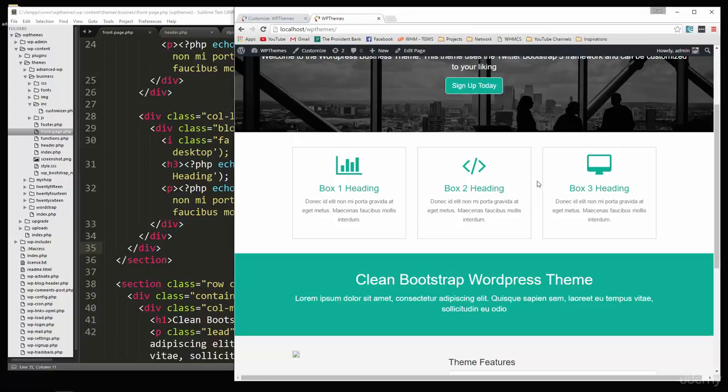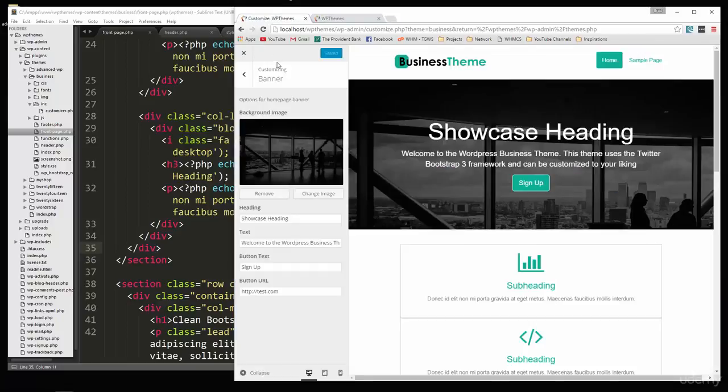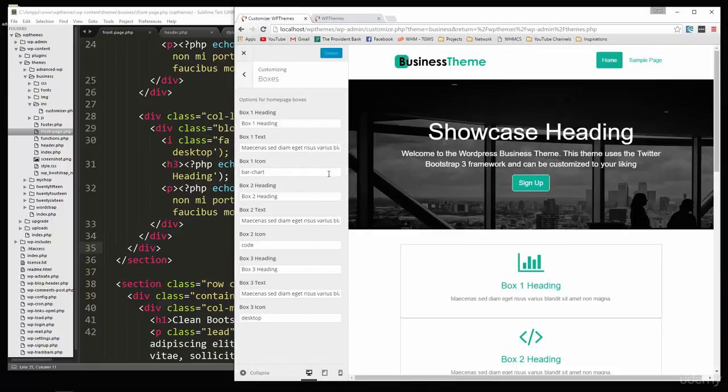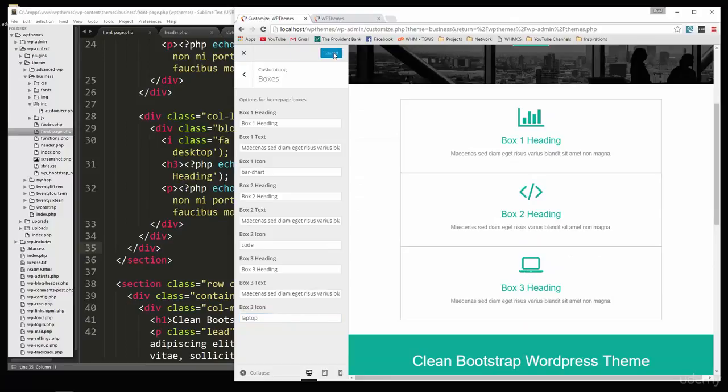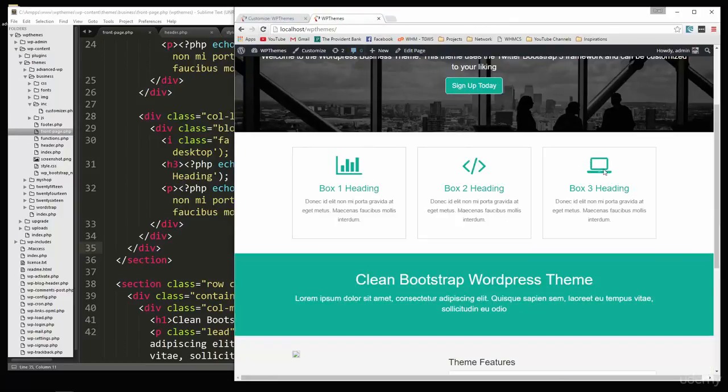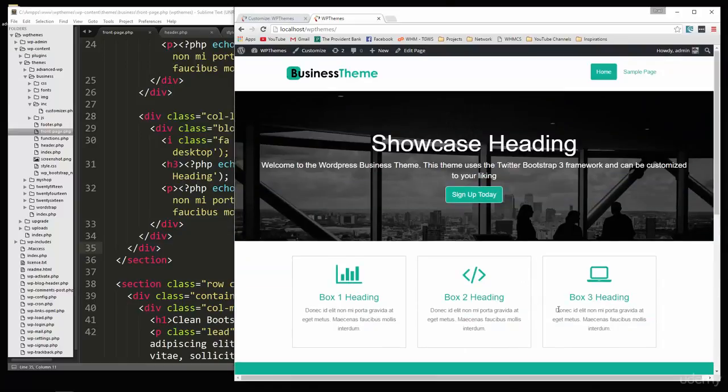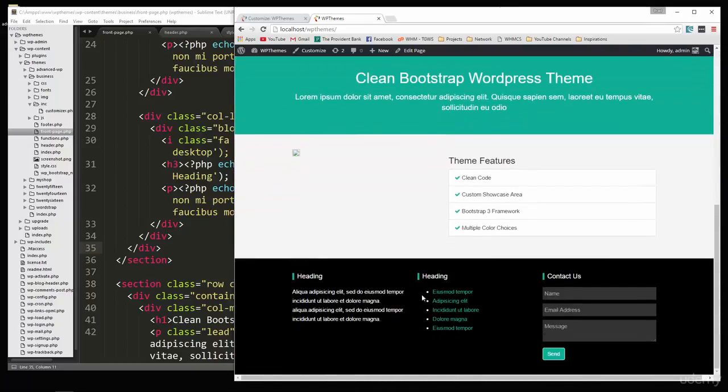Now these values are coming from the customizer. Take a look at this last icon, the desktop. We're going to go in here, boxes, let's say box 3 icon. I'm going to change it to laptop, and you can see here it's changed to a laptop. If I save it, go back, reload, it turns into a laptop. So really simple. That's going to be it. That's how we can implement our customizer values. In the next video, we're going to take care of these widgets, these two widgets as well as the 3 in the footer. So I'll see you in the next